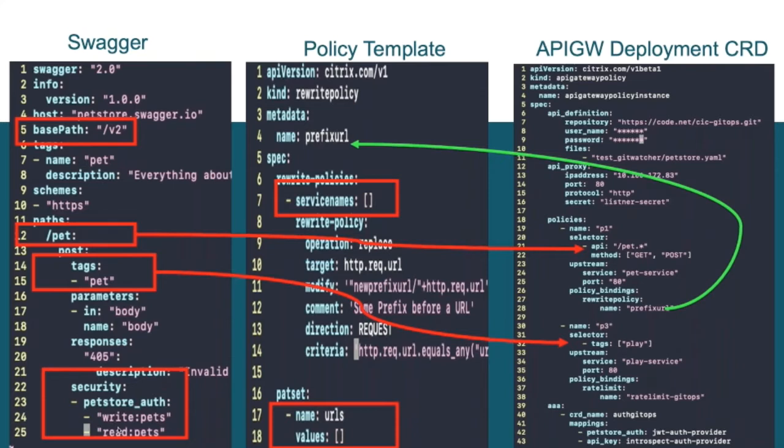Policy details could be exactly the same, but the only difference is that in our GitOps workflow, DevOps won't fill in where to apply the policies. Here, if you look, the service name is empty, and the URLs for this policy to be applied are again empty.